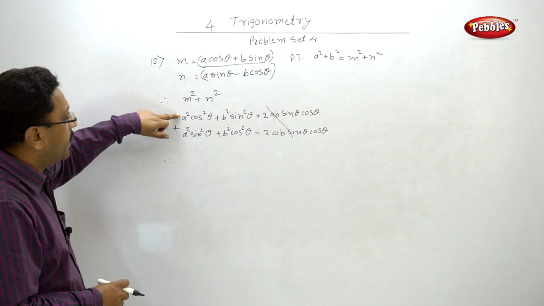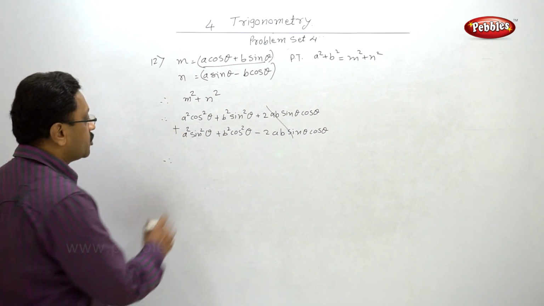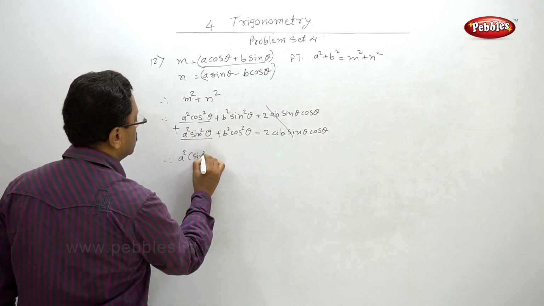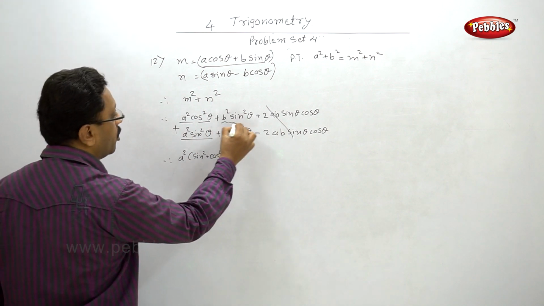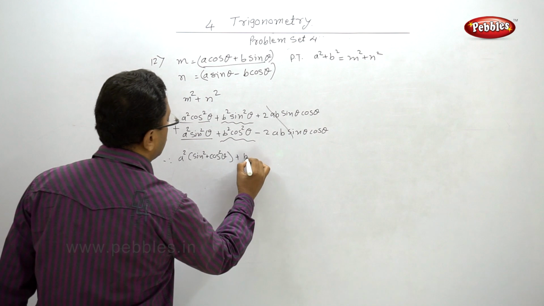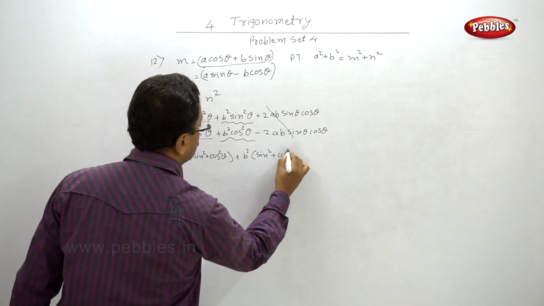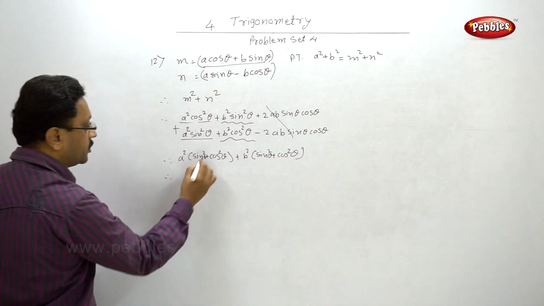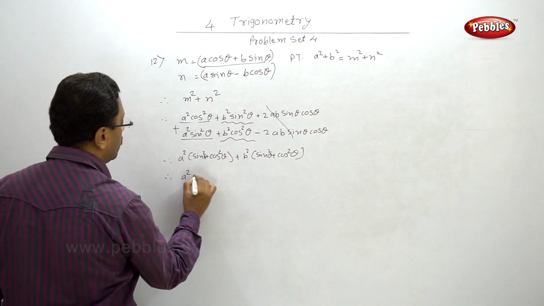cos square and a square are here, so a square is common for these two. So I have a square into sine square plus cos square theta, and plus here b square is common, so I'll have b square into sine square plus cos square theta, and hence sine square plus cos square theta is 1 in both the cases, so I have a square plus